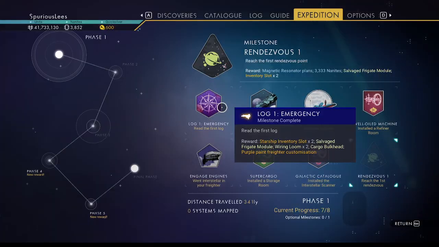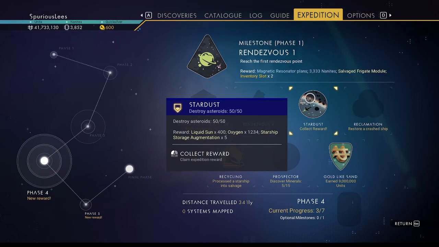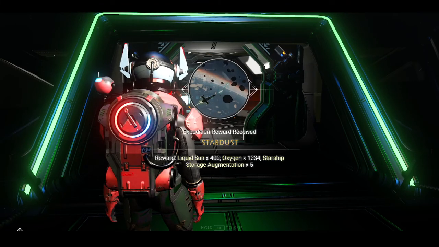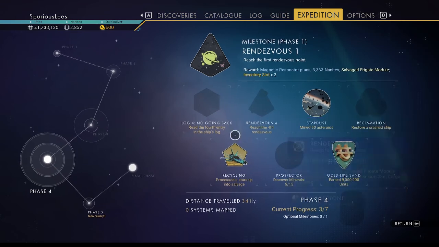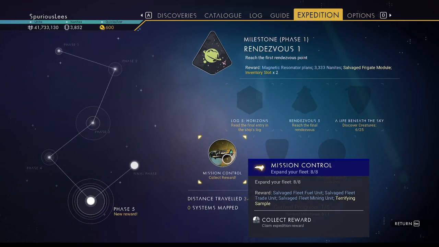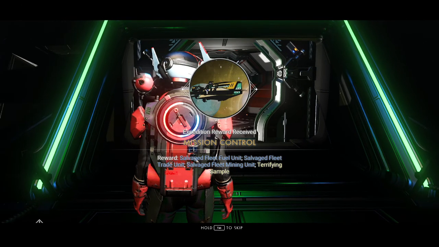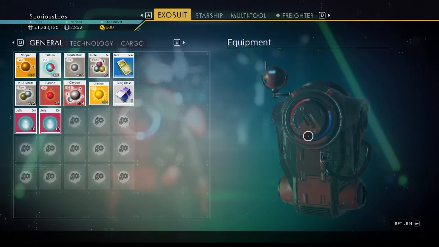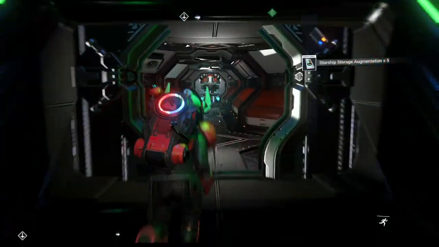Let's grab our rewards here. New reward. What we get? Liquid Sun, Oxygen, Starship, Storage, Augmentation. Okay, sure. Definitely going to put those to use. New reward, Phase 5. Salvaged fleet. Oh, interesting. Yeah, you know what? Let's equip those right away. I don't think we're going to replace our freighter. That will help on our frigate missions by getting our fleet coordination up higher. But before we do that,